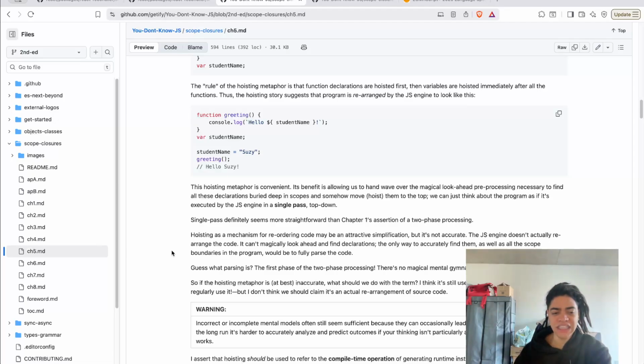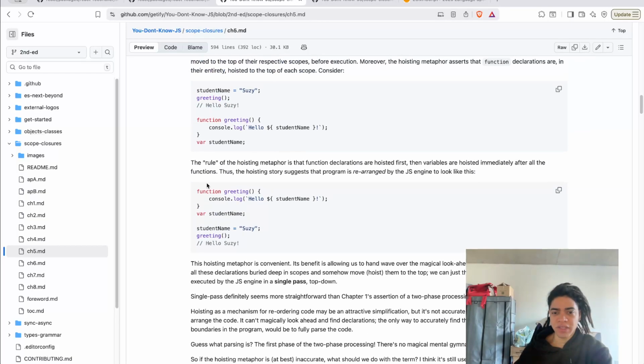No, it's for things that work. So, for example, Kyle Simpson here mentions this particular metaphor where they say, hey, this hoisting metaphor is convenient. It allows us to hand-wave over the magical look-ahead pre-processing necessary to find all the declarations.